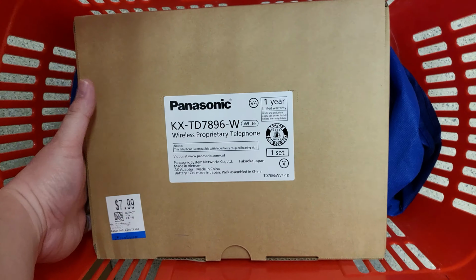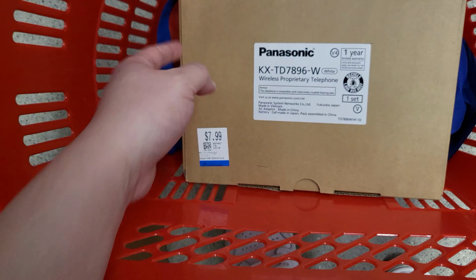We're now moving into the top 2 on the list for Q3, and both of these actually, number 1 and number 2, are both Panasonic items. Coming in at number 2 is the Panasonic wireless corporate phone that was new in the box. Picked it up at that unique store that I was just at, basically a Savers, and only paid $8.55 for those. Of course, there's tax on that, so that's why it's kind of an odd number, but we sold it for